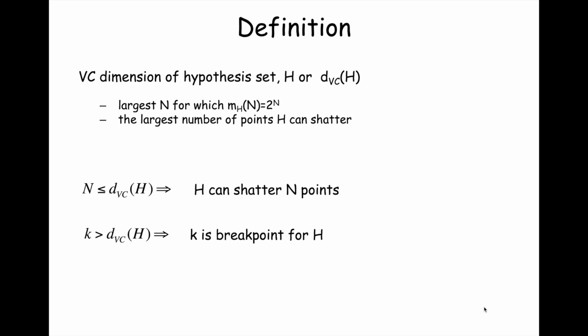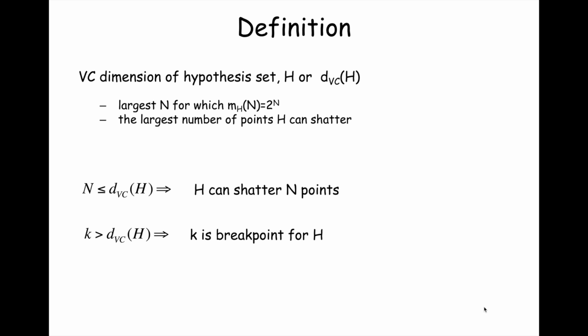So you can now compare the complexity or the descriptiveness of hypothesis sets on equal footing. Okay, so the VC dimension of a hypothesis set H, or d_VC of H, is the largest n, data set size, number of in-sample points,